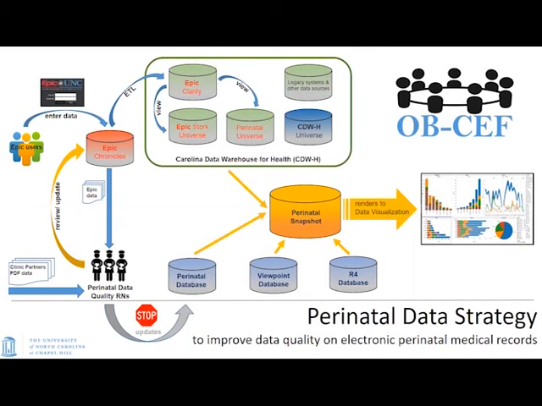So we created an OB-CEF, OB for obstetrics, and CEF is the Council of Epic Flows. So now we meet twice a month and we discuss changes that we need to do in Epic Hyperspace, and then we get approval from an OB perspective from all hospitals in the system for those changes to be made. And with that approval, we can go to Epic at UNC and say, now I have the approval of all hospitals, and please go ahead and change this screen in Hyperspace.